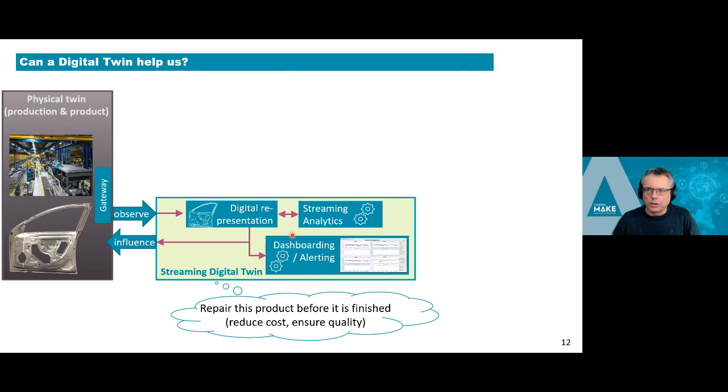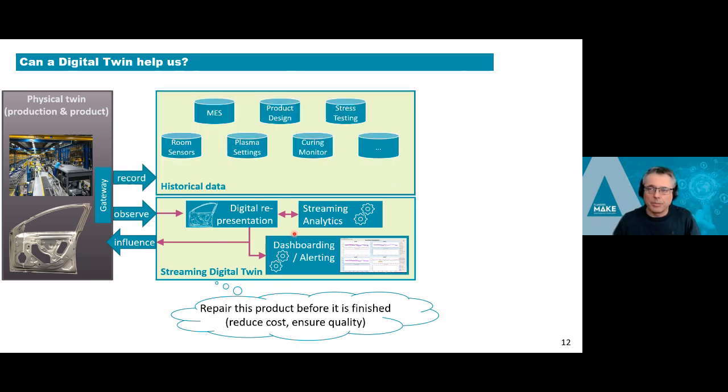Now, obviously, such a digital twin doesn't just come to be. It has to be created by someone, and a first step in the creation of such a digital twin is collecting historical information, collecting historical data. And so you record the things that happen in your physical twin, and you store it, like, for instance, the break stress test that you did, or the sensors. I didn't mention them on the previous slide, but the sensors in the environment that collect the humidity or the temperatures, or information from your manufacturing execution system, where you know, okay, at that moment I was creating that product,